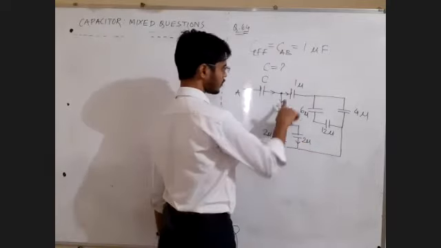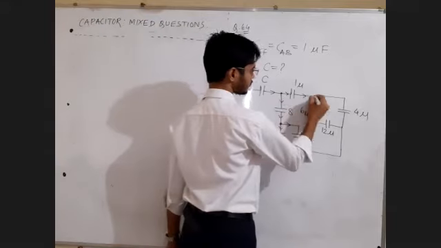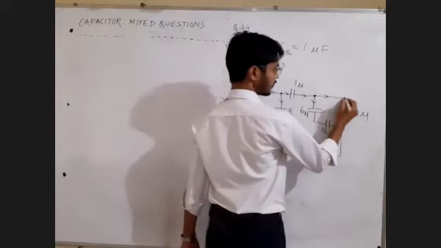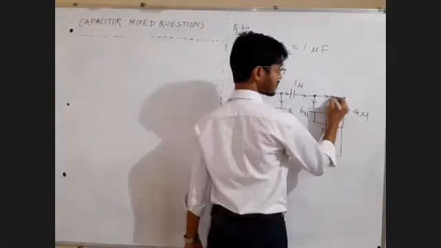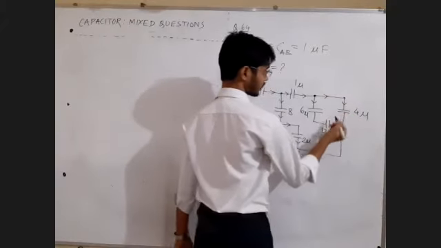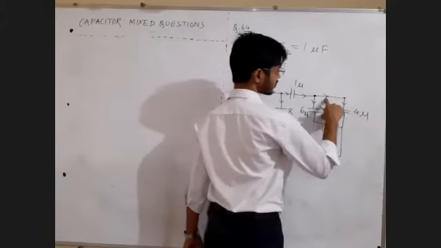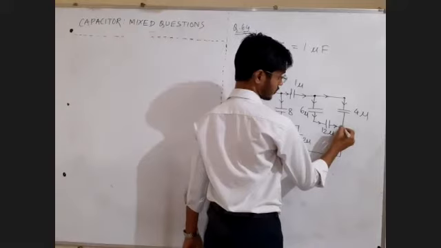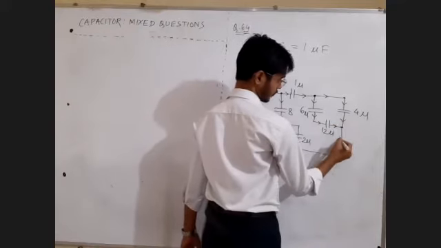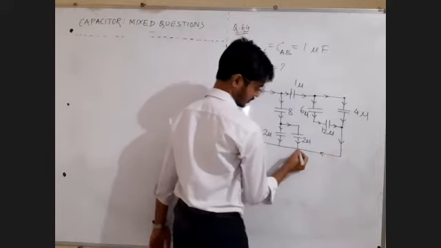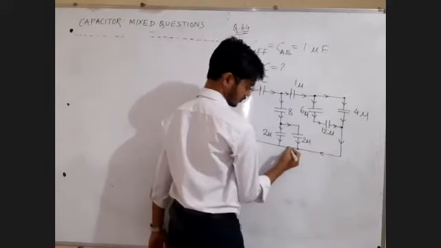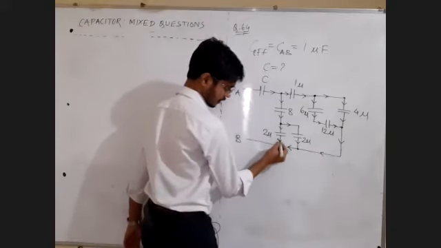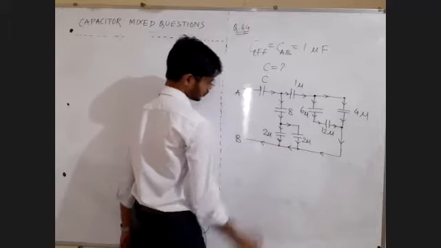Next, this charge will come here. It will realize there are two paths, one down, one right. Here it's not a node. This is not a junction. This is just a turn in the wire, so nothing basically matters here. Same charge will flow like this. This is again a turn. This charge and this charge will combine and flow like this. Here again they combine, and this charge plus this charge will combine at this point and ultimately move to the point B.